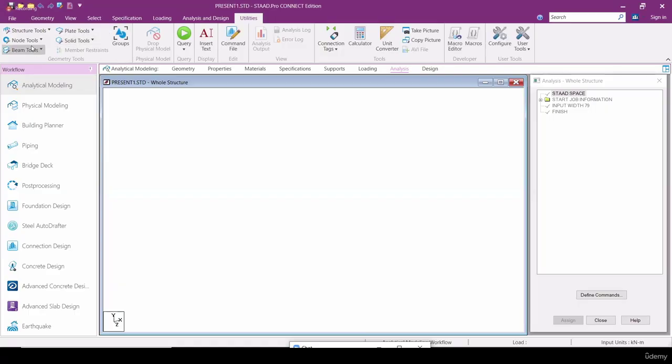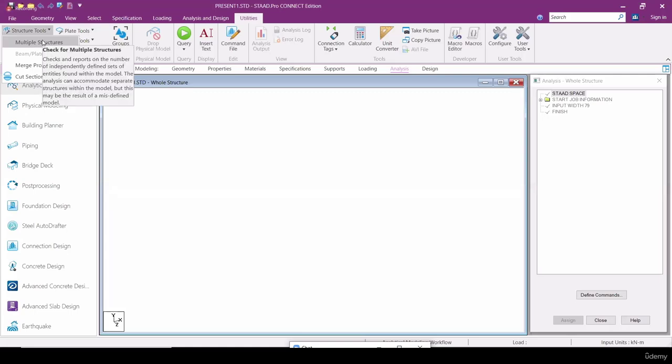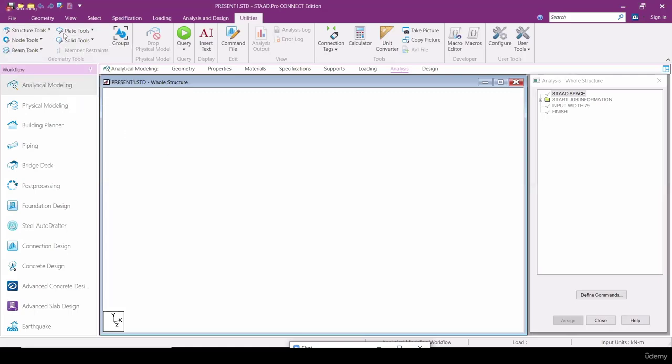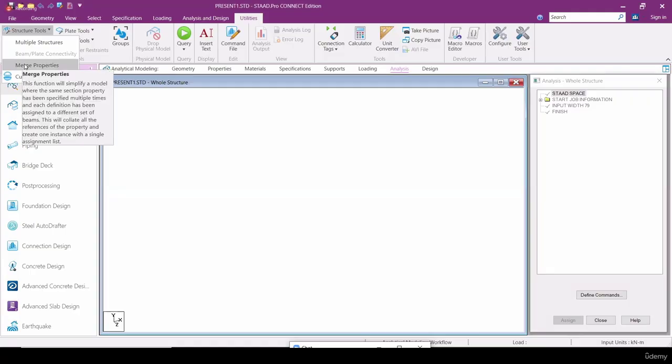And in the utilities tab, okay, utilities tab, it is the structural tools. First, you see structural tools, multiple structures. Multiple structures is nothing but if your structure has any disjoint parts, nothing but if you are doing multiple structures at a time or side by side structures at a time, you have to use the structural tools, whether it is disjointed or connected. Okay. And the other thing, merge properties. Merge properties is nothing but